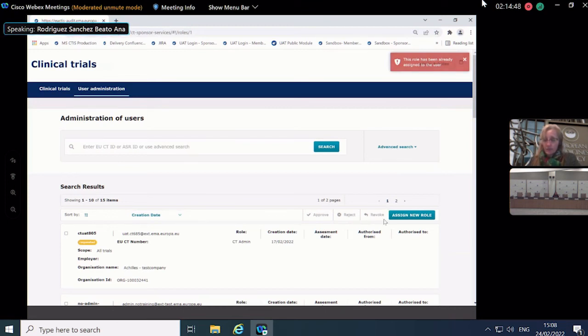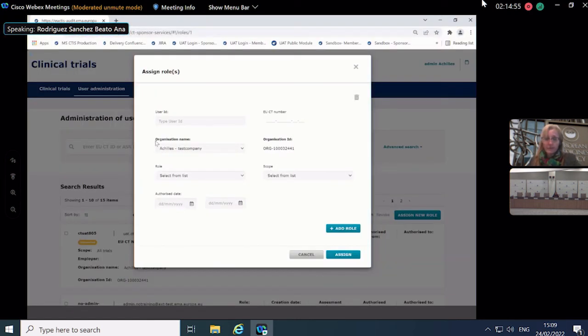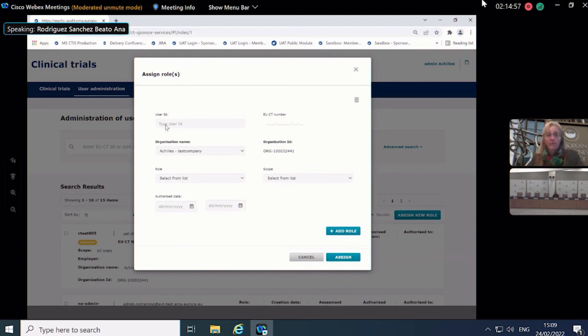Okay, so now I'm going to assign a new role, and I'm going to create another city admin role. But in this case, it is the assignment process. Before, I approved a request; now is how an administrator assigns a role.